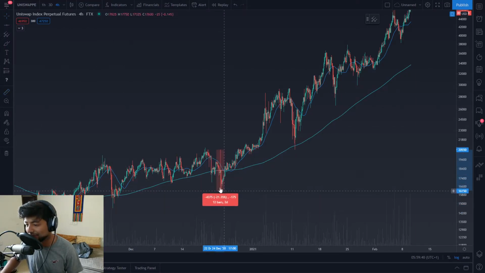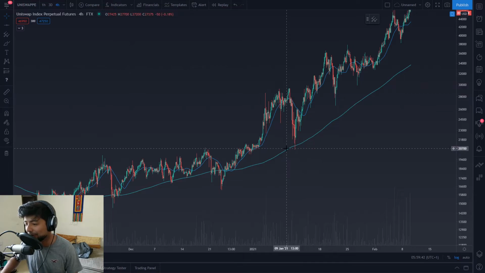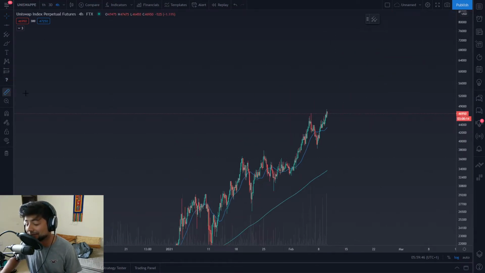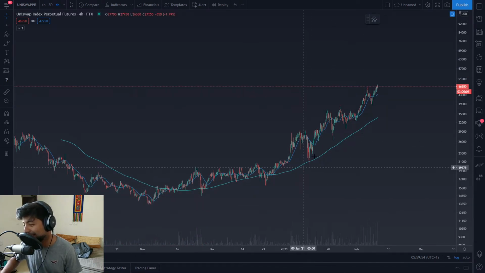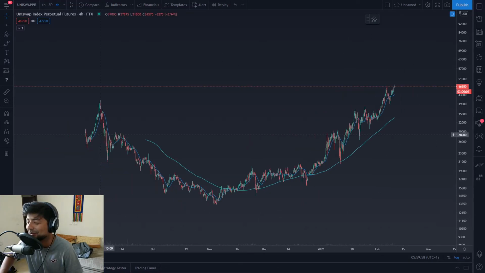Look at these pullbacks, man. It's just a pullback, bro. It's just a pullback, going down all the way 30%. Coming in at high frequency, man. I mean, you're looking at these massive drops again. So basically, do not buy when it's going up. Just don't, because it's going to come down. It's probably going to come down.